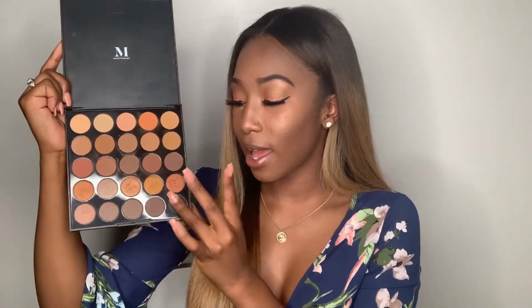This is my go-to for the summer. I believe that your eyes should just be like a neutral, cute little peachy pop. That's what I like, leading all the way down to your smoky eye, which is the black right there. So as you see, it starts out with very pale colors all the way down to your black. So you can go from a really pale eye all the way to a smoky eye, which I think is